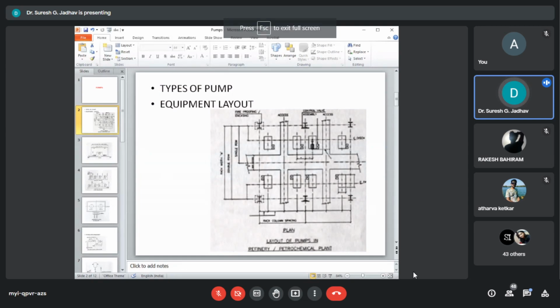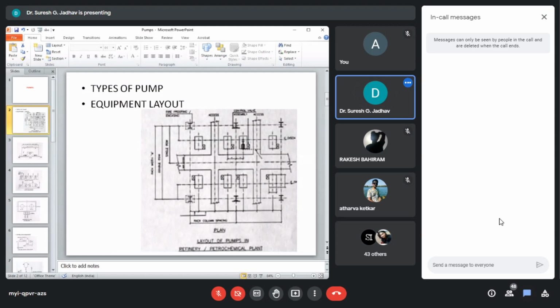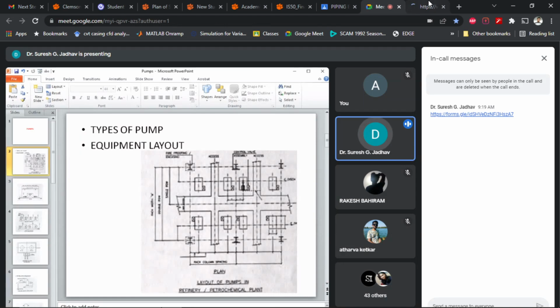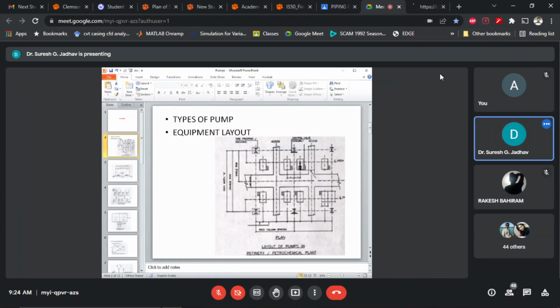The centrifugal type could be single stage or multi-stage. Is it correct? We have studied pumps in fluid mechanics. The single stage pump has one impeller and the multi-stage pump has two or more impellers in series.